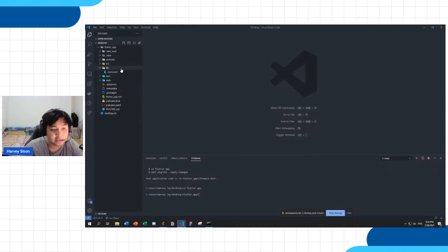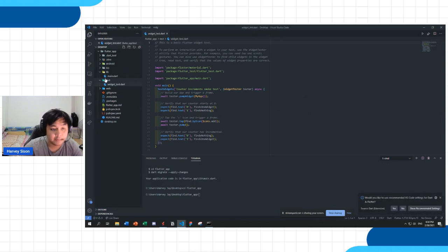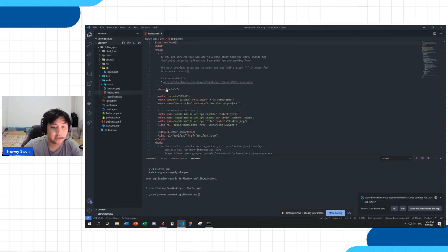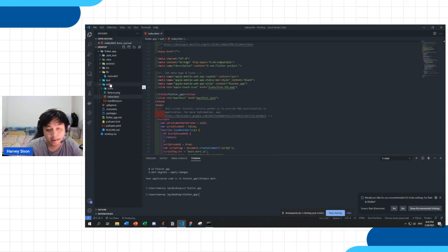And everything you need is in the lib folder. This is where we're going to test it out later. You can also have test scripts to see if your app is working. At the same time, since I am using the channel web, I can activate all the necessary items for the web. And lastly,